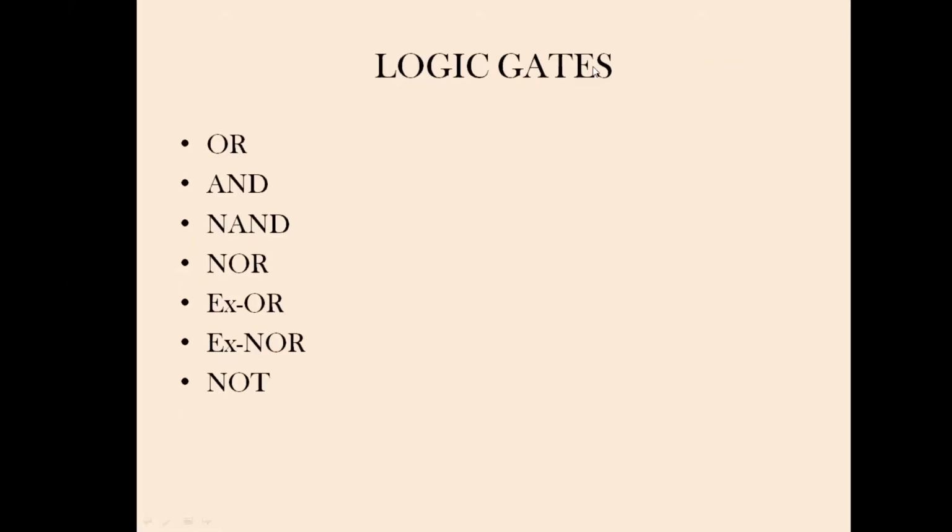Hello everyone. In today's session we are going to see the logic gates. We are going to implement all our logic gates in ladder logic. We are very well known about the logic gates and truth tables, right? For OR, AND, NAND, NOR, XOR and XNOR we have two inputs and one output, and only the NOT gate has one input and one output. Got it? So we'll see that.